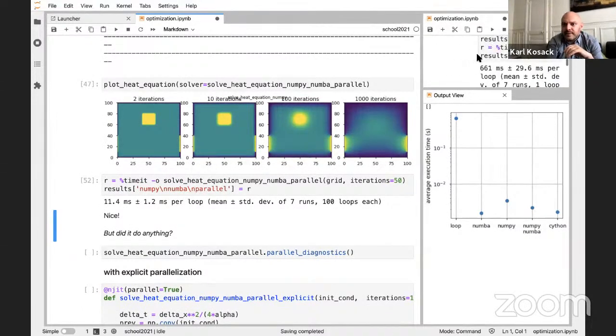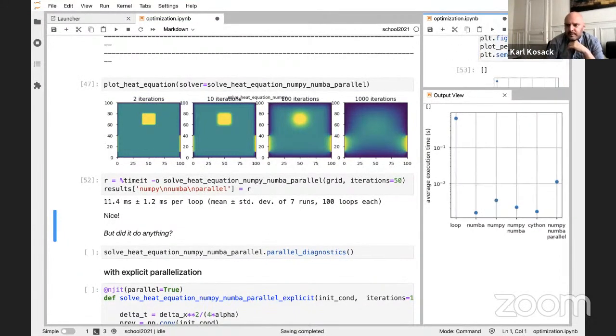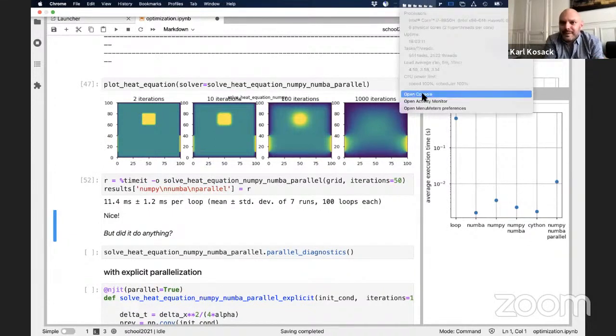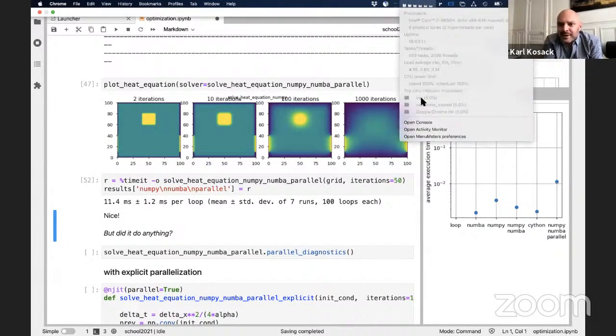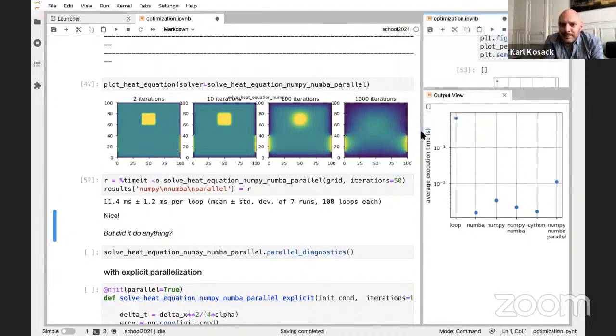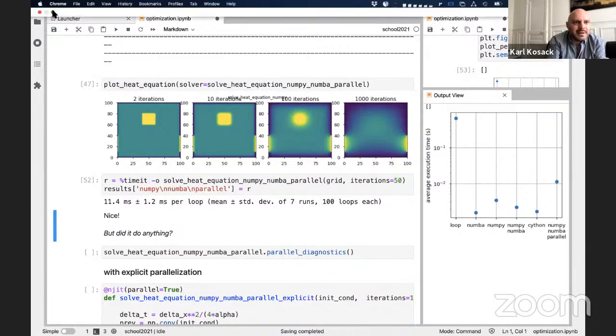Here's my cell that runs the... So now look up. So that's strange. Well, one thing, I didn't show you this. I should have opened up... I can do this. Open Activity Monitor. On macOS, you can... Oops. So here's my other screen. Oh yeah, because I'm full screen, it will not let me do that. Let me make this not full screen.